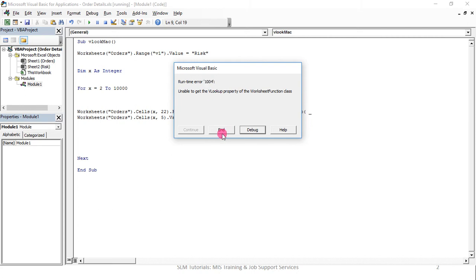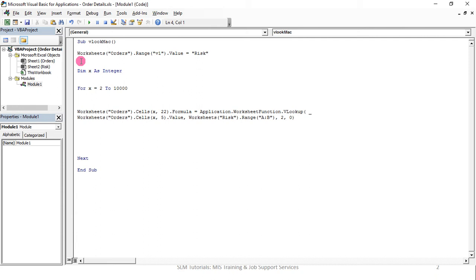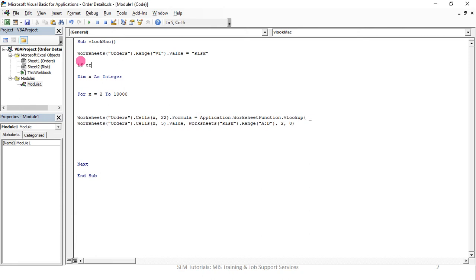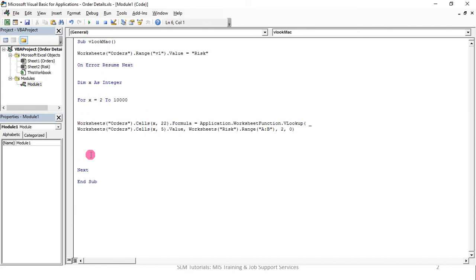1004. So on error resume next, sorry. On error resume next. After completing my codes, I'll say if error dot number is not equal to 0, then